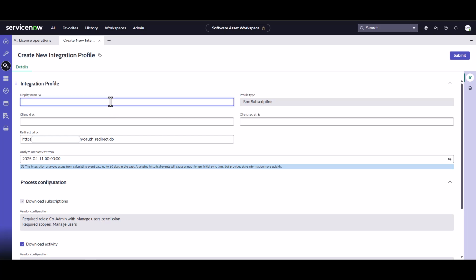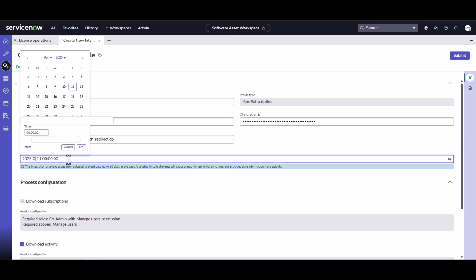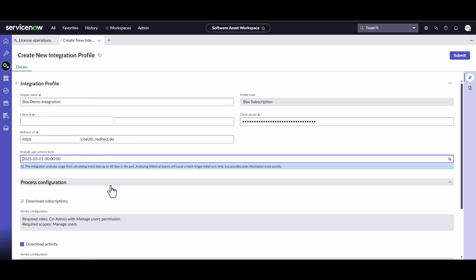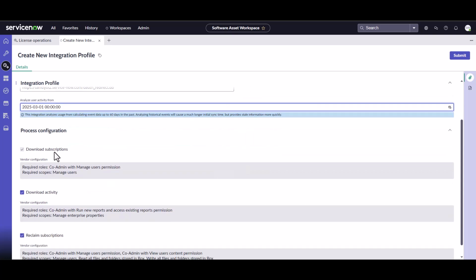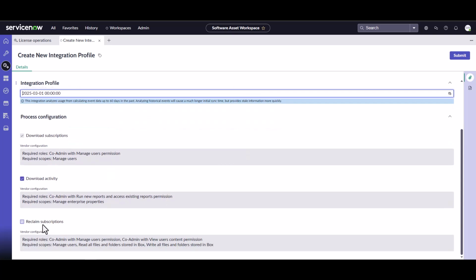Here's where we'll want to put in our display name, so Box Demo Integration. And this is where we're going to have our client ID and our client secret that we pasted from when we did the Box setup. So copy and paste those into here. And you can also change the date that you want to download information from. So I'm going to say I want to download information from actually March 1st, which is about just over a month ago. We're going to want to download the subscriptions, we're going to want to download the activity, and we're going to be reclaiming the subscriptions. So we're going to go ahead and hit submit,